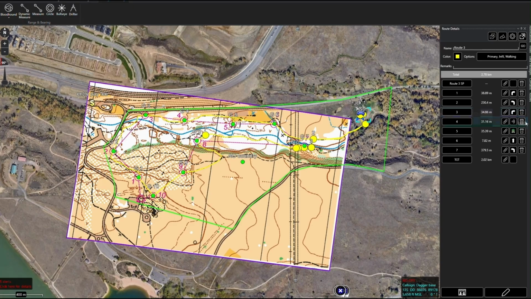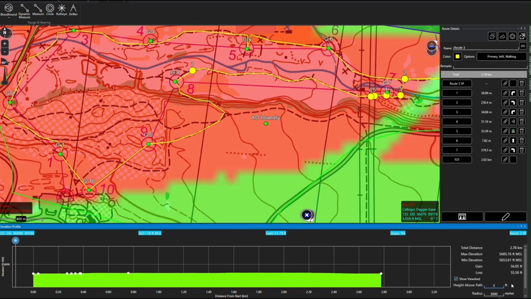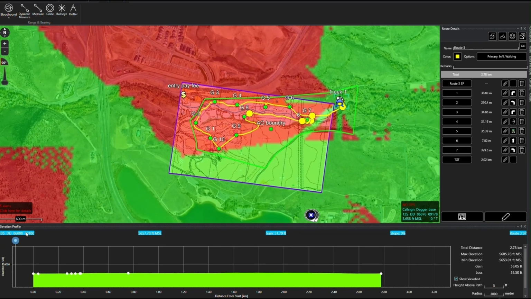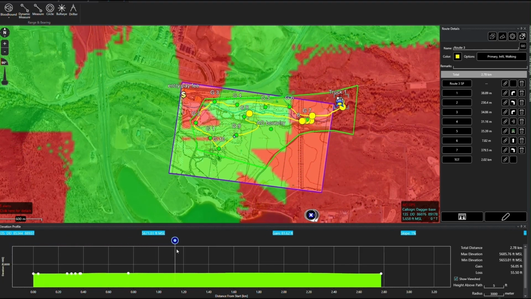So, going up, we're going to hit the elevation tool. That'll enter for us down here. We're going to tap Show View Shed. We'll set it to 5 feet above, which is about where your radar is and your eyes. We can pull out a little bit. And as we roll the slider across, we can travel our route